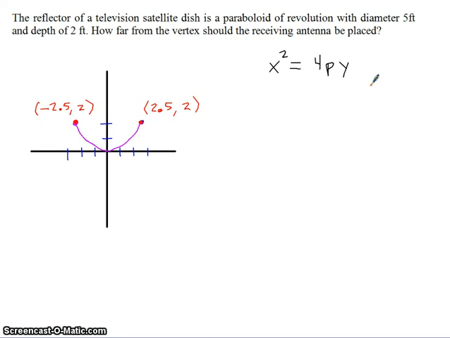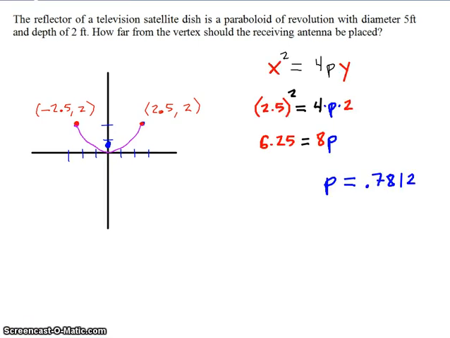We can plug in the point to solve for the p-value, which will tell us where the receiving antenna should be placed. So plugging in the point and solving for p, we end up with 0.7812. And that means that we need to place our antenna 0.7812 feet away from the vertex. So that's where the receiving antenna